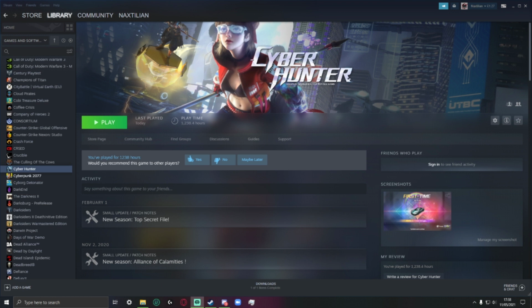It's Nextillion, bringing you a video about cheating in Cyber Hunter. As everybody knows, Cyber Hunter is currently filled with cheaters using ESP hacks so they can see people through all types of textures, walls, terrain, you name it, using aimbots, using speed hacks, fly hacks, hacks where they can run through walls, all kinds of things,